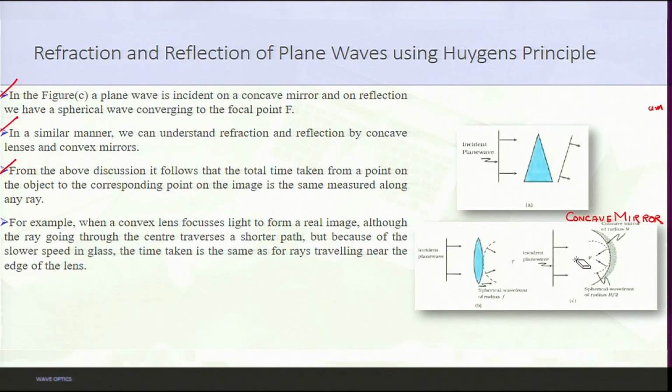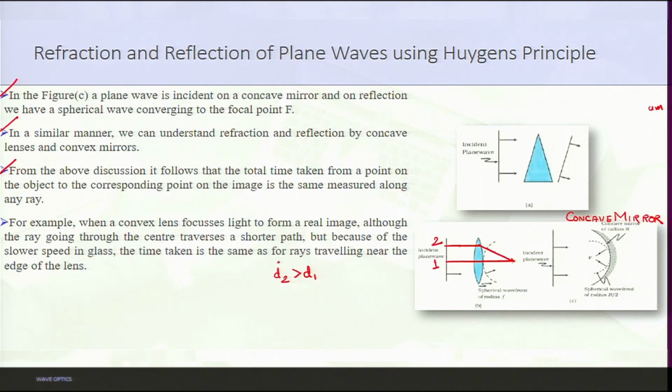So, if I tell you by two different colors, let us say this is the first distance and this is the second distance. Let us denote them by distance 1 and distance 2. We write d2 is greater than d1, quite evident. So, d2 will be greater than d1. Although the ray going through the center traverses a shorter path, but because of the slower speed in glass,